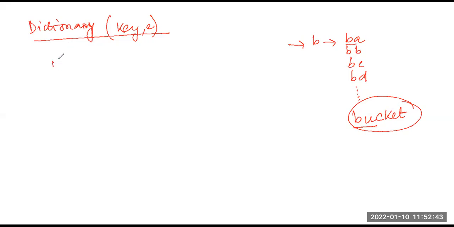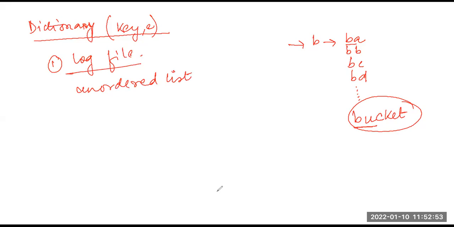So at first there was the concept of a log file. What is this log file? It's just an unordered list. Why am I calling it unordered? Because as and when the elements come, they are stored one after the other. One by one the element comes and one by one I keep the record.